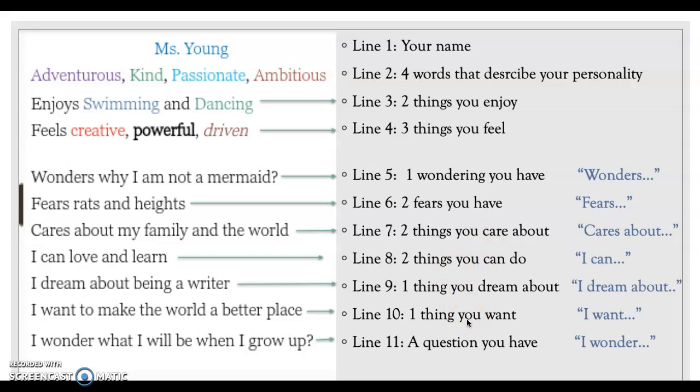Now, you will complete an activity to further understand and read Miss Young's Who Am I